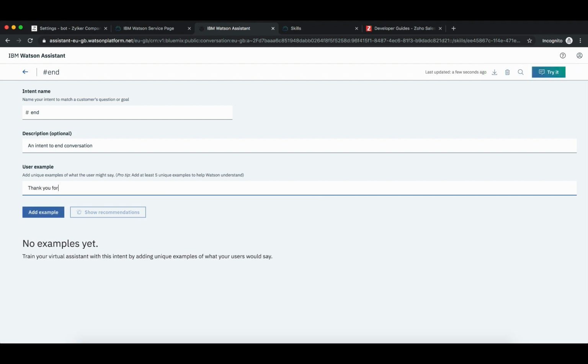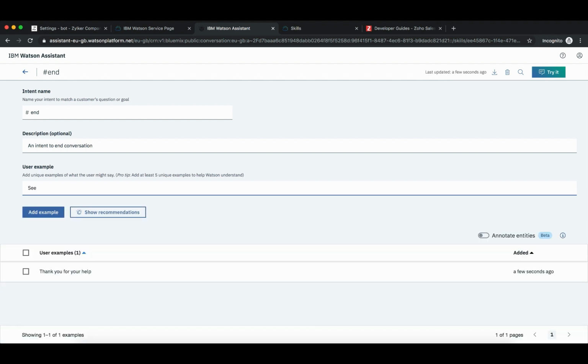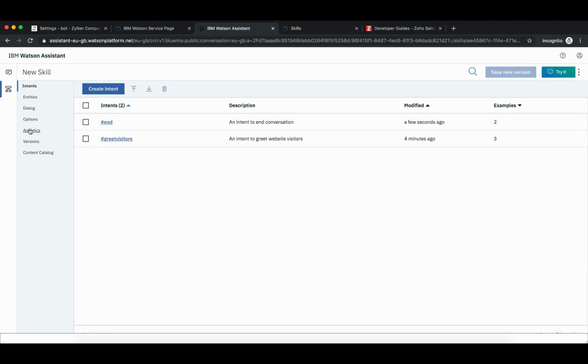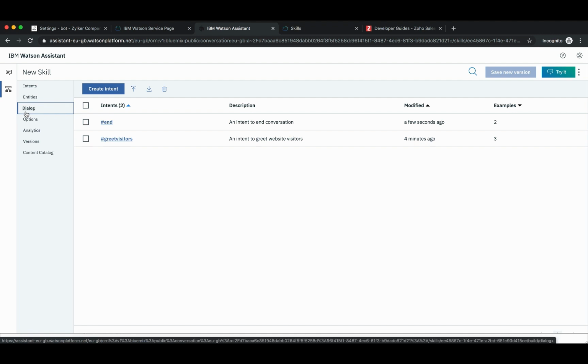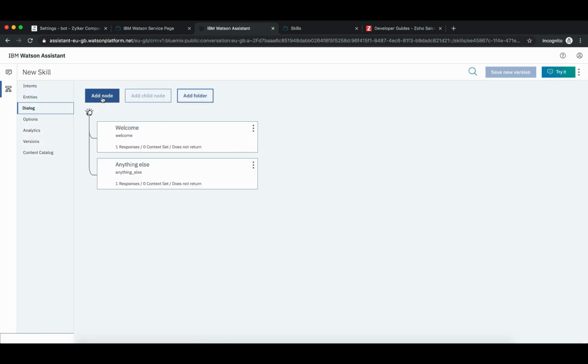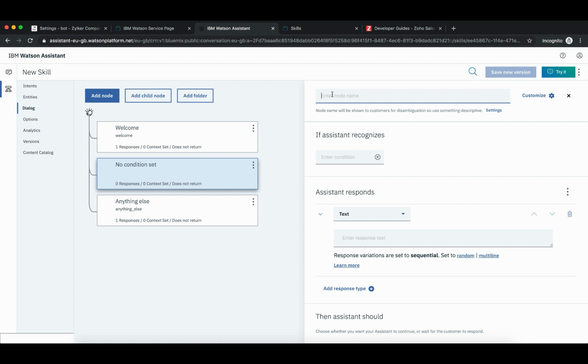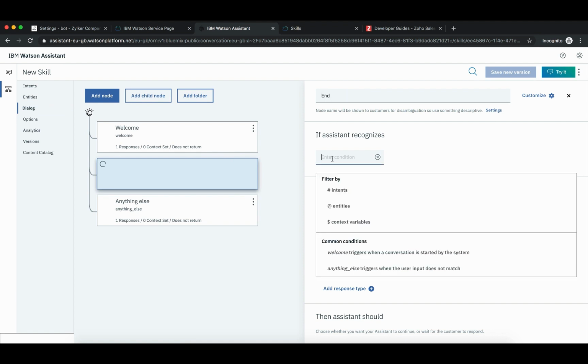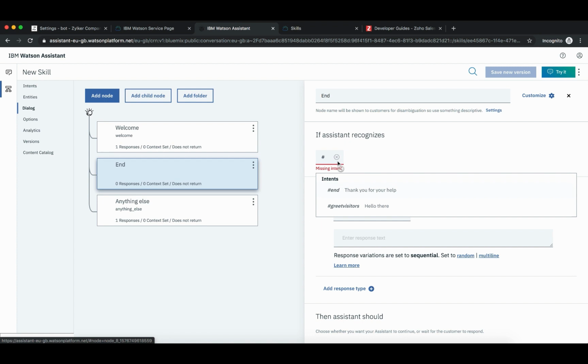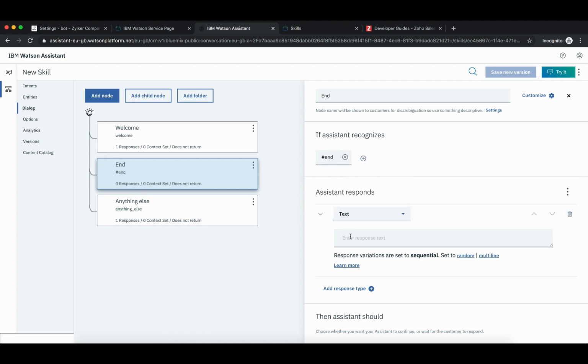All right, I'm going to add user examples. And I'm going to go back. So I have two intents now, and now I'm going back to my dialogue section. And I'm going to add a new node. Here we have two default nodes that are available for every dialogue. I'm going to add a node, calling it end, and if it recognizes hashtag end, I'm going to say